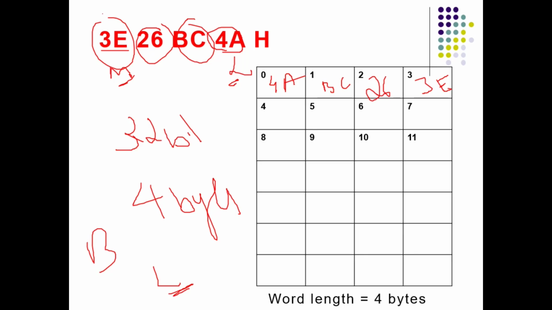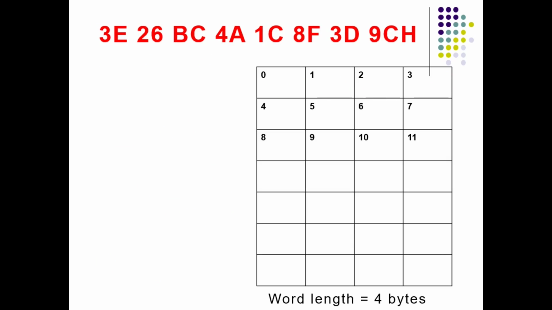We'll take one more example and conclude this topic. Let us look at a number which has a size greater than the word length. Okay, so my word length is 4 bytes. You can see here every row has 4 bytes. Now my data here, you can see, is not 4 bytes, it is greater than that. Let us find out what the size of this data is. So I have 16 digits in this hexadecimal data. 1 digit is 4 bit, 16 into 4, 64 bit. This is 64 bit data, nothing but 8 bytes.